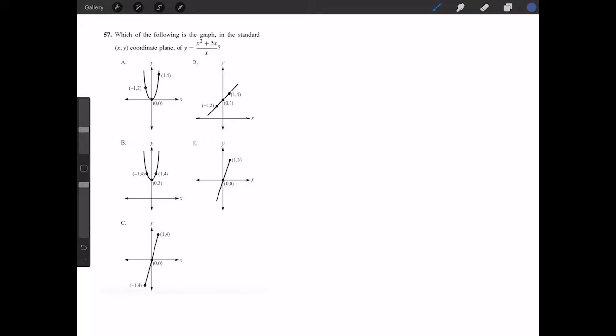57 reads, which of the following is a graph in the standard x, y coordinate plane of y equals x squared plus 3x, everything divided by x? So to figure this problem out, there's a couple of things that we need to review. First of all, the equation y equals x squared plus 3x, everything divided by x, seems to be a second